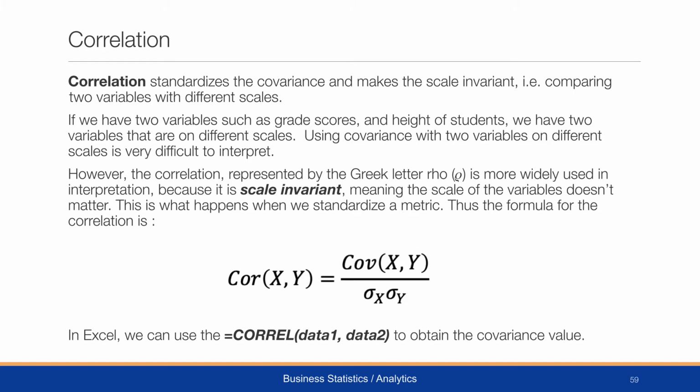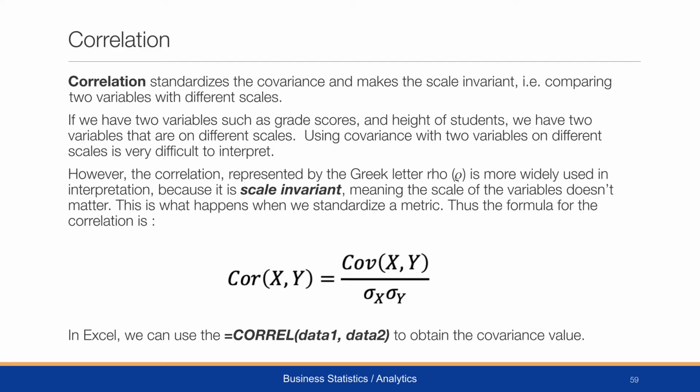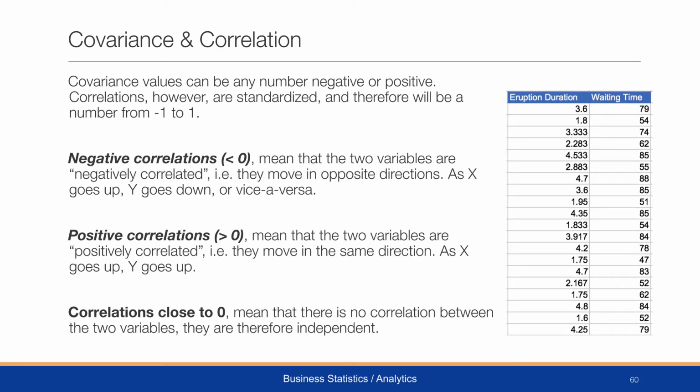Because it's scale invariant, it means that the scales don't matter. This is what happens when we standardize any metric. Thus, the formula for the correlation is going to be the covariance of x and y divided by the standard deviation of x and the standard deviation of y. We can use the formula CORREL to obtain the correlation between the two. We'll also show how to use the data analysis tool in the Excel modules that we have so that you can easily compute the correlations. Here, if I have the two, I'm going to ultimately compute the correlations, but it gives us an easier way